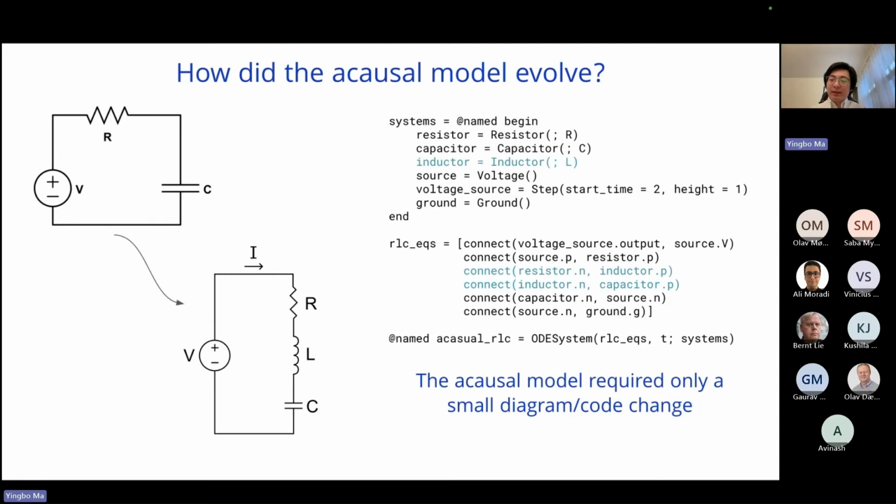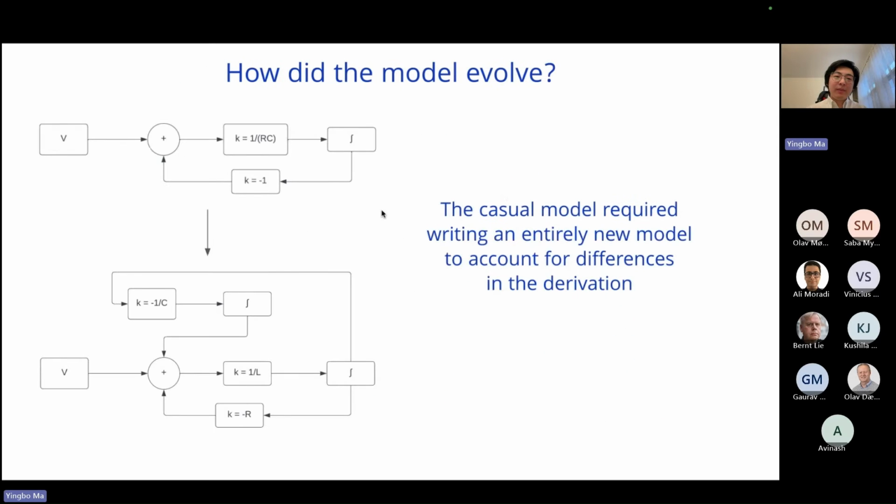But the drawback is that all the work of compiling these physical models into a causalized model like this is completely done by the compiler, right? So every time we are instantiating a new model or simplifying a new model, the compiler needs to analyze every single equation in this system, and it works pretty well for small systems, but it wouldn't really scale to a larger system where, for instance, at JuliaHub,